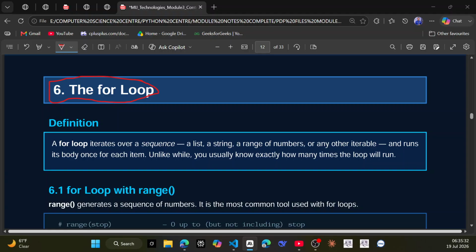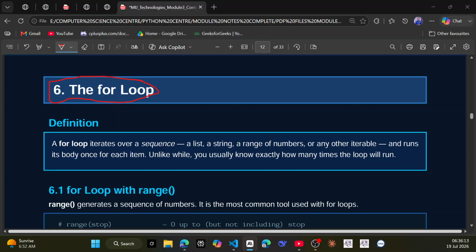Why do we need to study this new kind of loop, the for loop? A quick question before we touch any syntax: if the while loop can already repeat things, why does Python bother giving us a second loop at all? Here is the honest answer, guys. With the while loop, you are responsible for everything. You set up a counter, you remember to update it, and you write the exact condition that stops it. That's powerful, but it's also more work than it needs to be